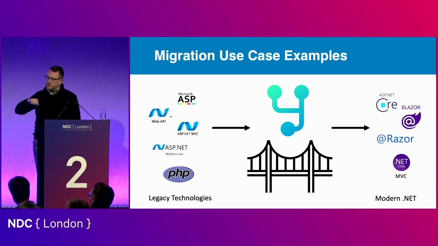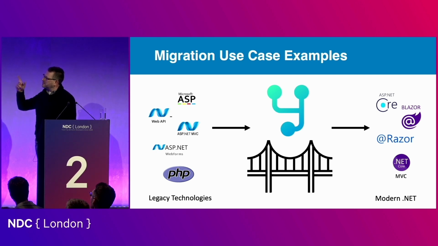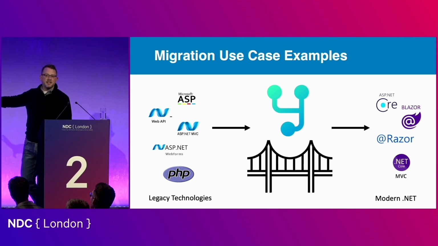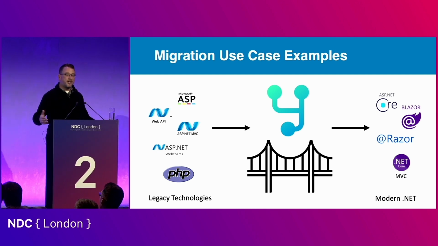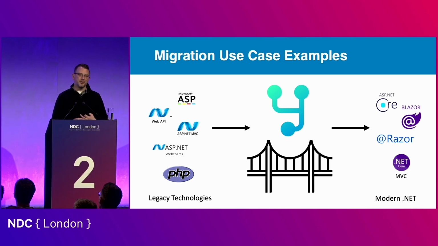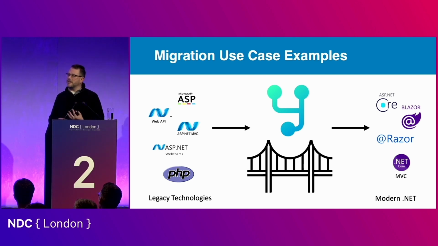And you'll notice even PHP in that list. And you might be thinking, oh my goodness, can I go from classic ASP to PHP? And the answer is you can go from anything that does HTTP to any modern .NET web technology. So no, you can't go to PHP if you want to use YARP, because you need to host that inside of a modern .NET application. But any modern .NET web technology, ASP.NET Core, MVC, Web API, minimal APIs, Blazor, Razor Pages, all of this stuff